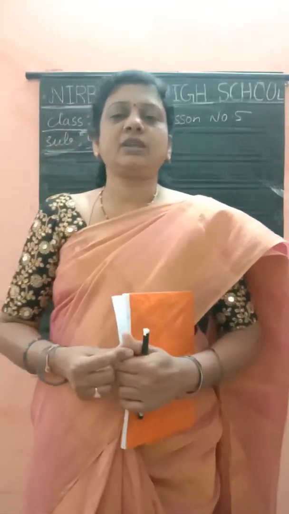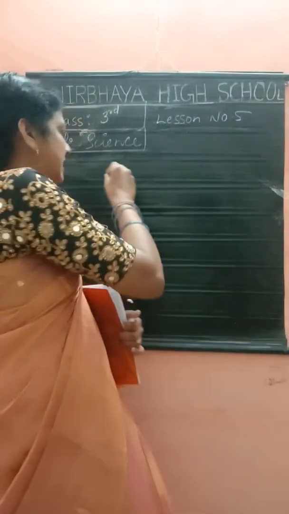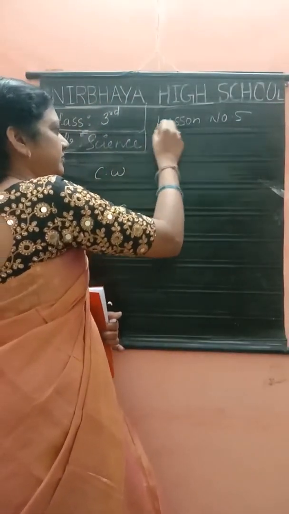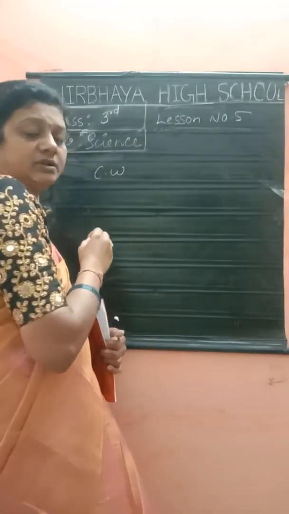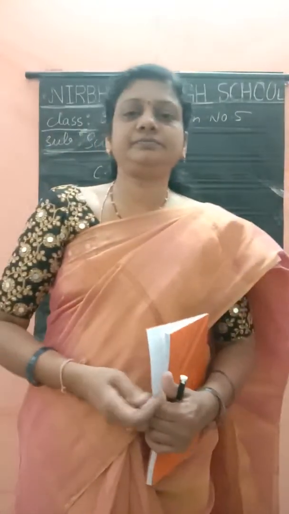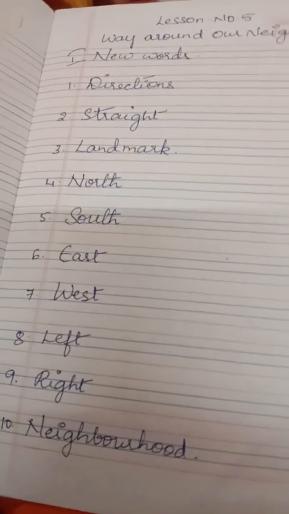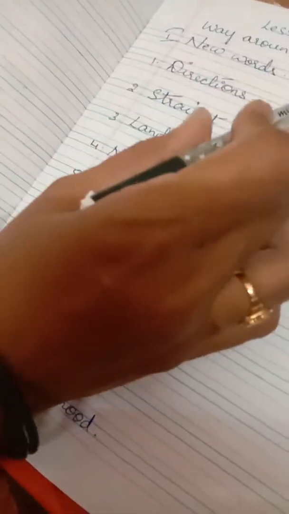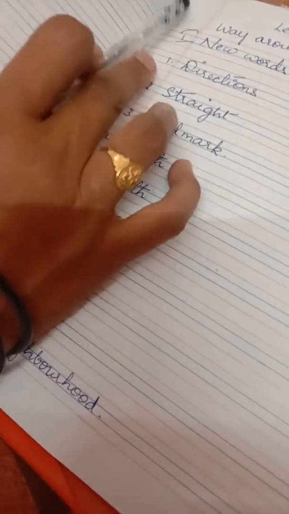Today we are going to write the classwork of the fifth lesson. Okay children, take the classwork. Write the lesson number, name of the lesson, Way Around Our Neighborhood. First, write the date, new words,